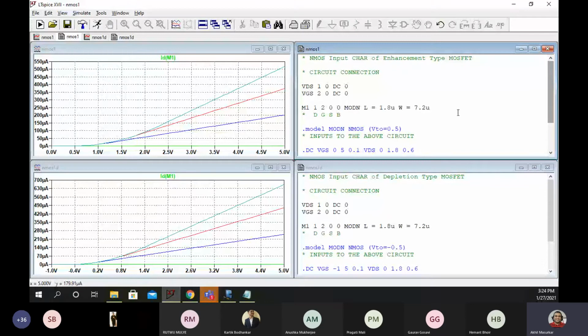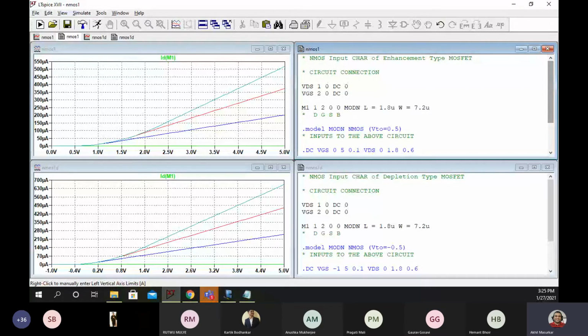So now I want you to post these two outputs like this in the chat box. When I went from enhancement to depletion, what is the change that I did? I only changed the threshold voltage. Instead of plus, I made it minus.